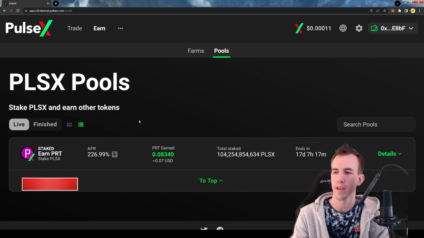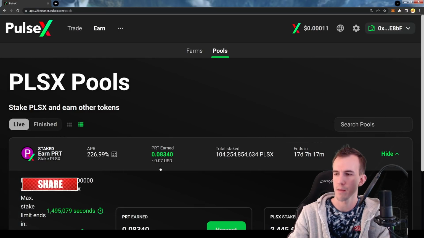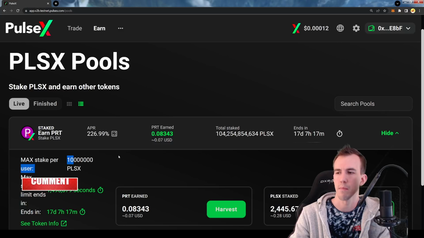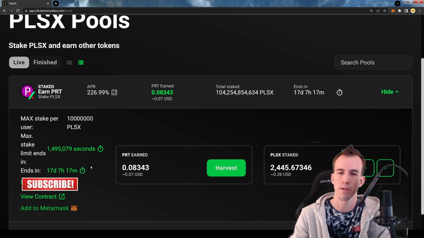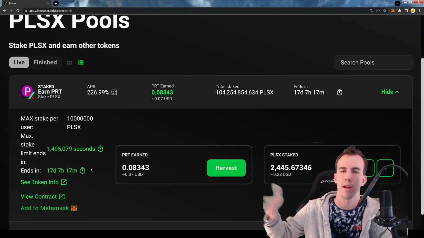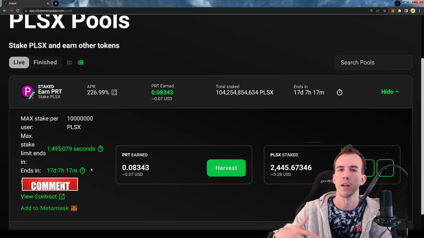Now, some people staked over there's like a max amount. See this max stake per user. Right now is that 1 billion? Yes. I believe it's 1 billion or 10 billion. Looking like 10 million. It's 10 million. All right, so only 10 million max per user, and that just means if you send more to another wallet or another address, you can stake that too. It doesn't stop you. It doesn't know all of your addresses are connected.